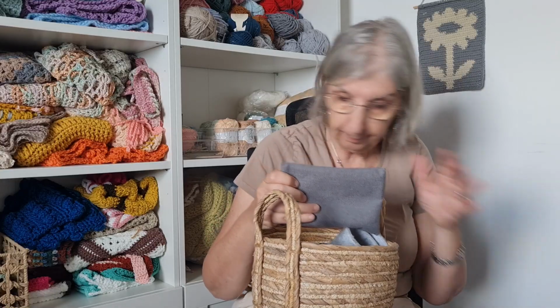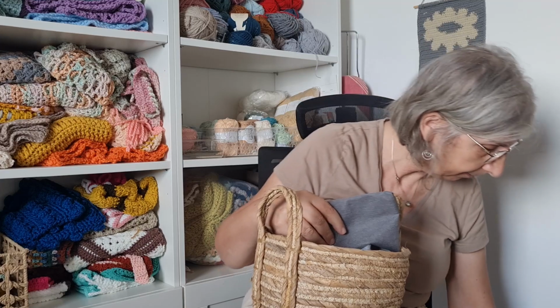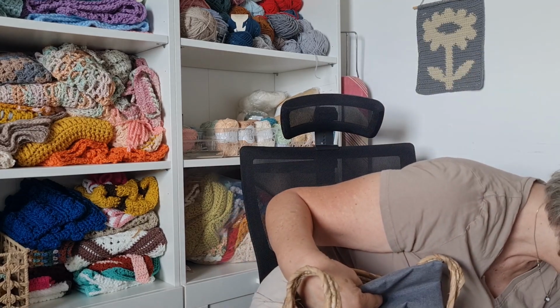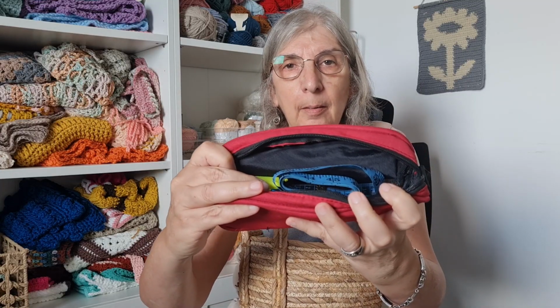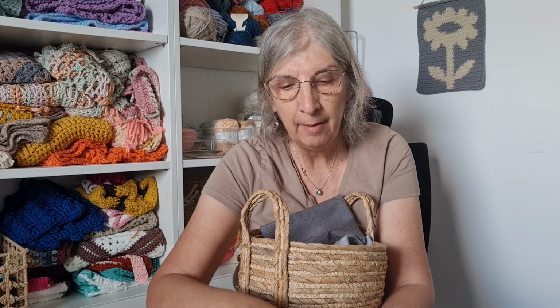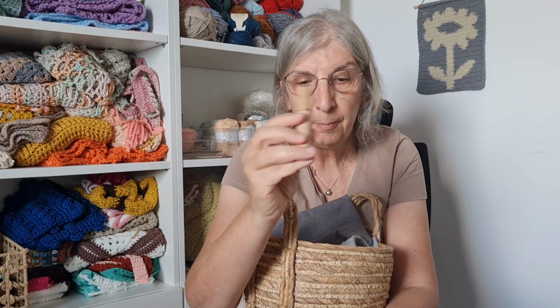And I have them in one of my project bags. Where is it? I have them all here. So I have lots of little bags with hooks. Again, I need to have them everywhere. So I have here my metal hooks in all sizes. I have an inches and centimeters measuring tape. I have my needles,